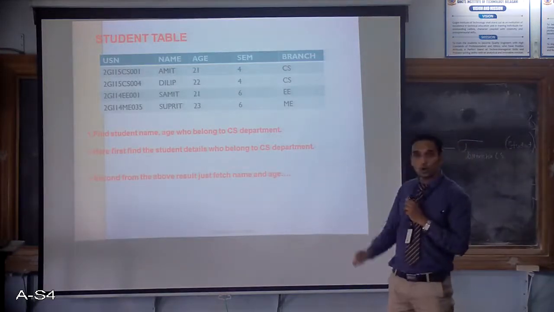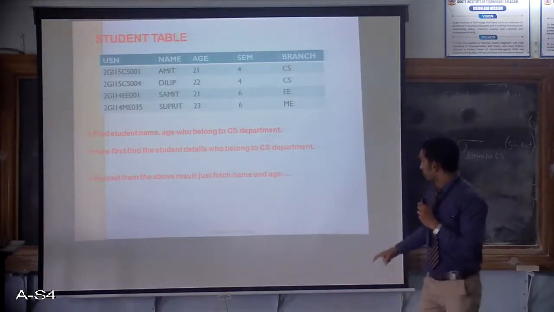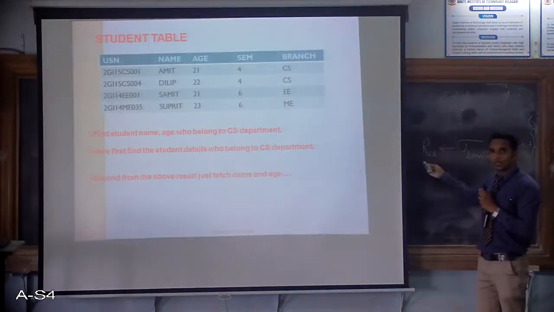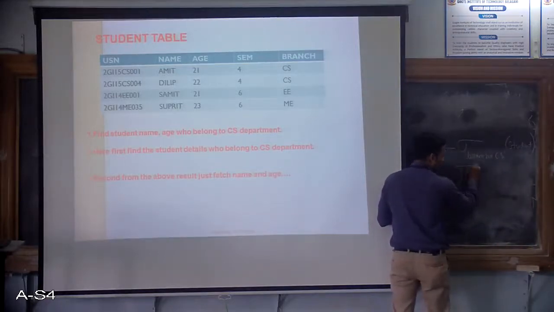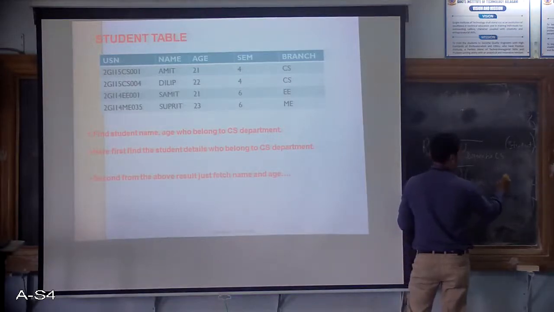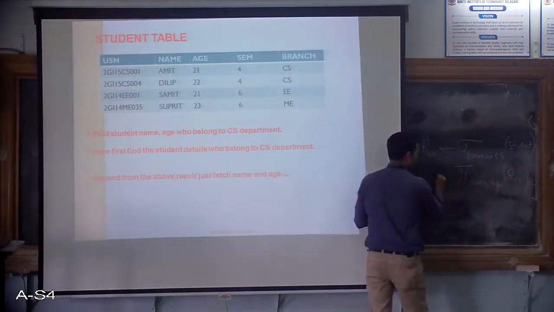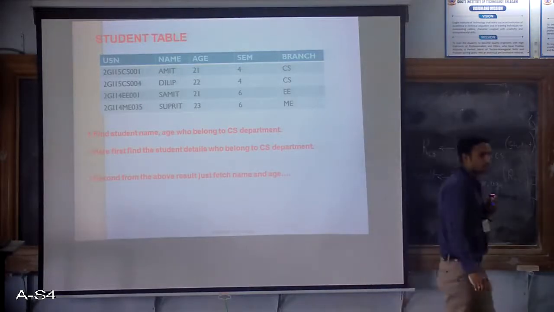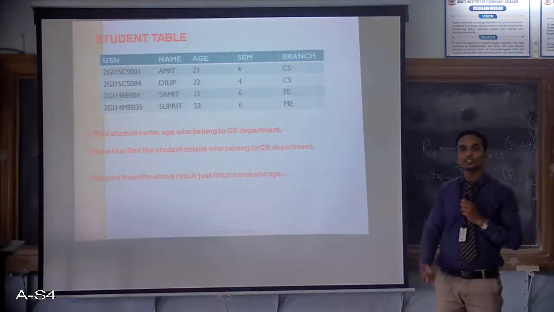But I don't want all the student details. What they are expecting is name and age. So what does this RCS hold? The entire information. From this entire information, I'll only fetch name and age. How can it be done? Like this: Pi name comma age from RCS, and you can give this the name result. See, the convention is changing, students, here. Up to you. You can write in a single statement also, or you can always go with sequencing.